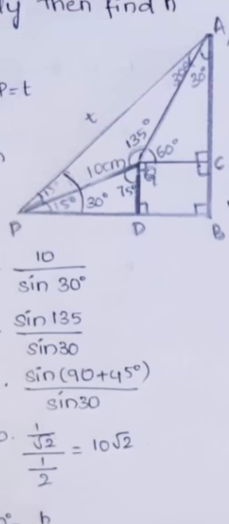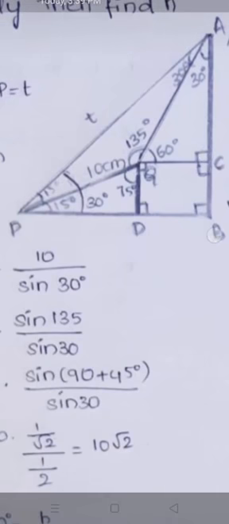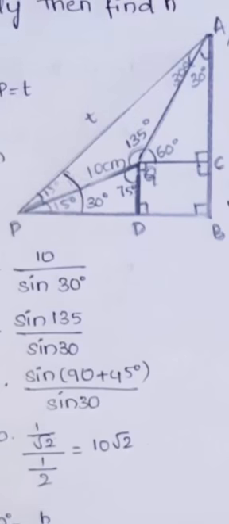Now we are observing the triangle AQC. At C we have the right angle, since BDQC is a rectangle. At Q we have 60 degrees of angle. So the remaining angle must be how much? 90 plus 60 means 150. So this angle must be 30 degrees.